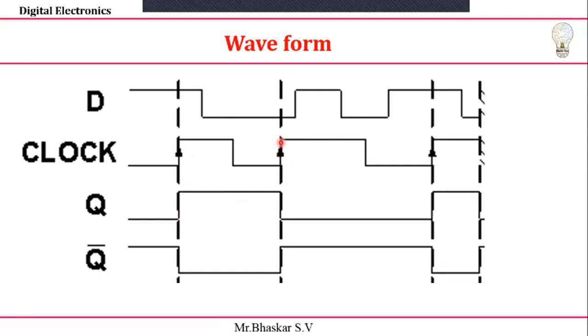If my clock signal changes from 0 to 1, it is called a rising edge. In this case it will observe my D value. In this case my D value is 0, that's why my Q value suddenly becomes 0. Suddenly my D value is increasing, but there is no change in my output until a clock pulse arises. Now the next clock pulse arises and checks my D value. In this case it is 1, so the output changes from 0 to 1. Suppose the previous value is 0 only, it means the same state should be maintained. And Q bar will get exactly the complement of that, not an issue.